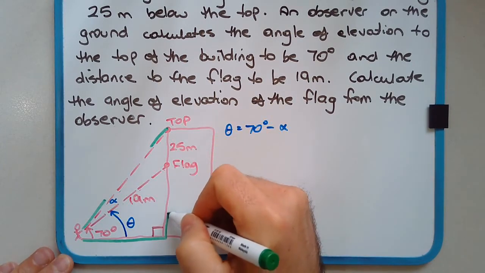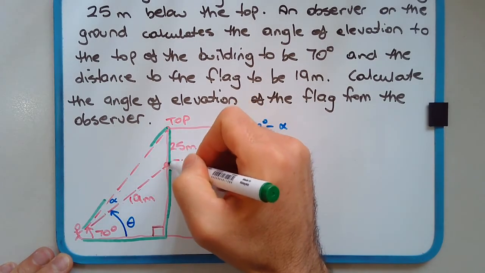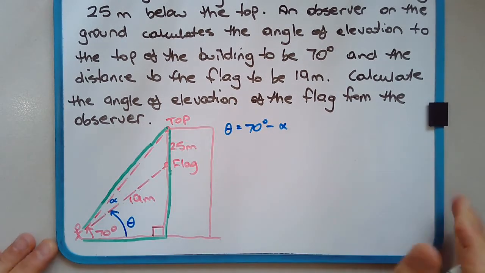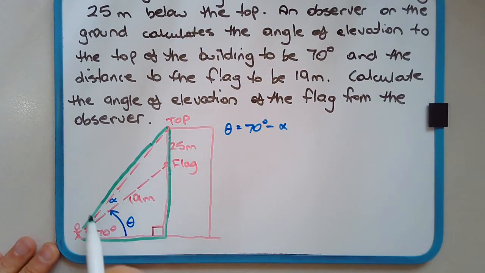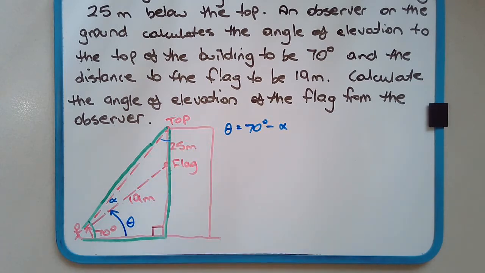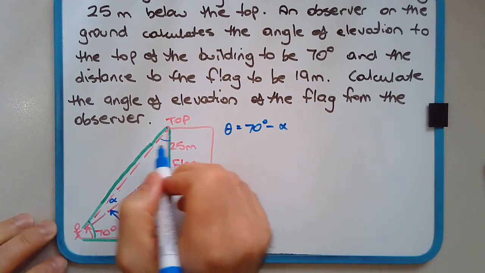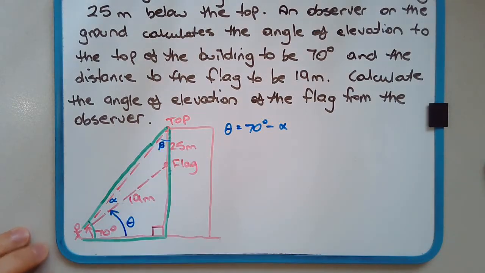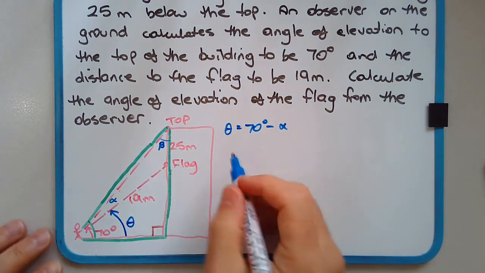See this right angle triangle here in green? This angle here is 70. If we can get an angle up here, then I think we've got enough information to use the sine rule, because we'll have a side angle pair. So let's call this angle beta. I've used quite a few Greek letters there. So angle beta